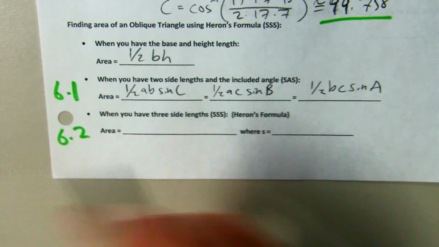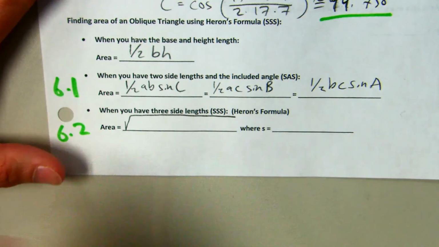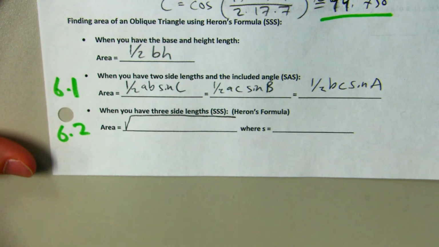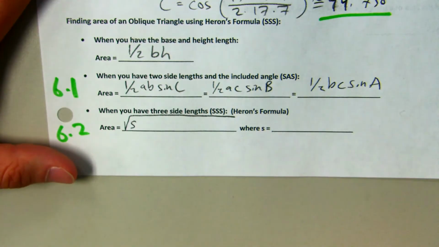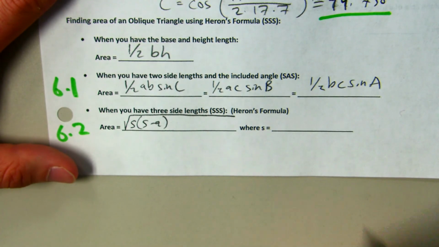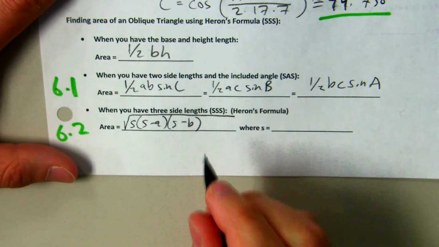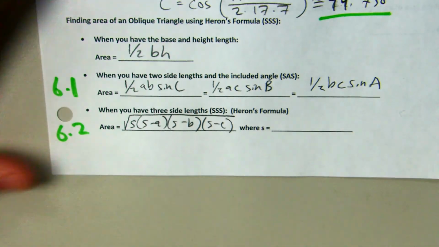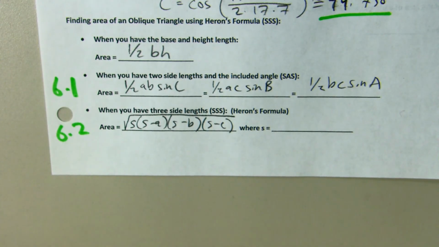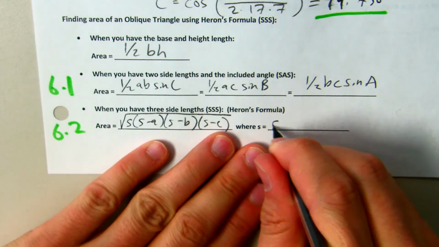So this formula says you can find the area of a triangle by doing the square root of S times (S minus A), where A is one of the lengths, times (S minus B), the other length, times (S minus C), where C is the third length. So that's what your next question should be. S is where you add up all three lengths,